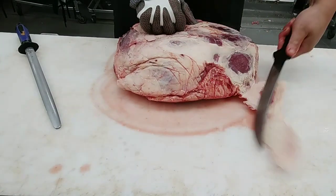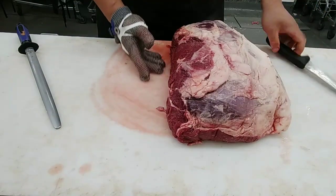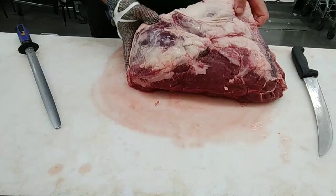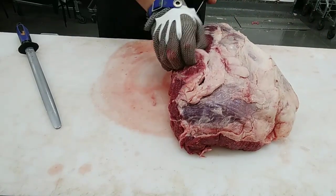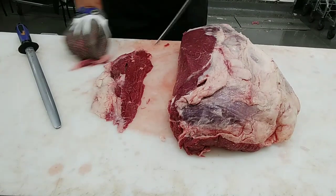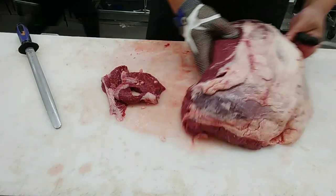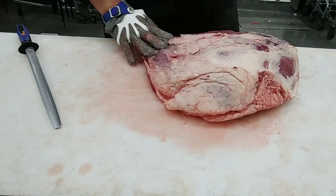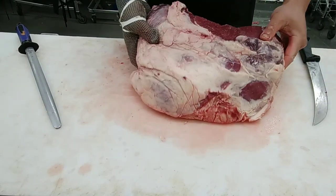Now I'm trimming out the excess fat. Where my finger is directly pointing to the piece of meat, I removed it from the top of the topside. You can use it for trim. There's a topside trim, use it for mince. It's up to you if you want to leave it on, but since I'm going to dice it up,